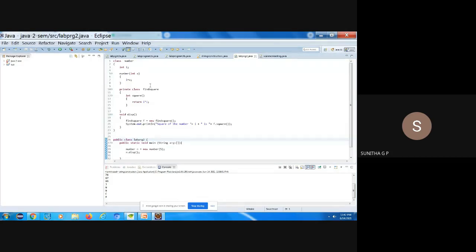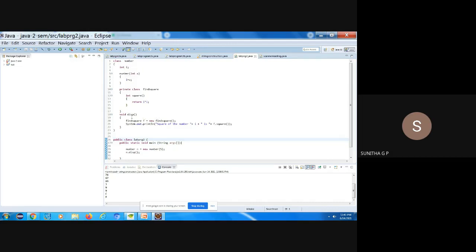So here one more variable I have taken is another class. What is that? A private variable I have considered, and in that class, whatever integer value I am having here, its square I am finding out. That is why I have written one simple function, int square, return i star i. So a class is created, and in that I have a function square. So I am using an inner class in a given class.